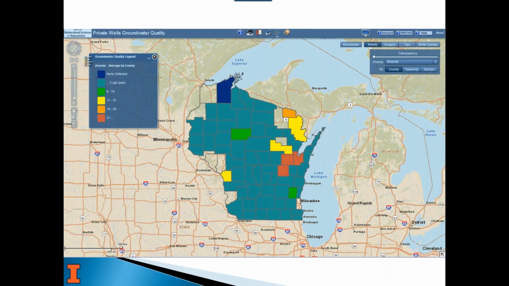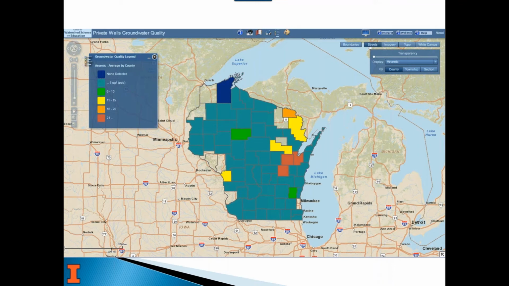Put this together. Well, they funded it. I think the University of Wisconsin-Stevens Point put this together. It's all the private well information for Wisconsin by county. You can see up on the upper right, I told it arsenic, but you could tell it nitrate or other things. You could tell it to break it down by county, township, or section. I did county. But if I'm going to move to the Green Bay area, where the 3 red counties are, then I'm going to test for arsenic, because clearly there's an issue.